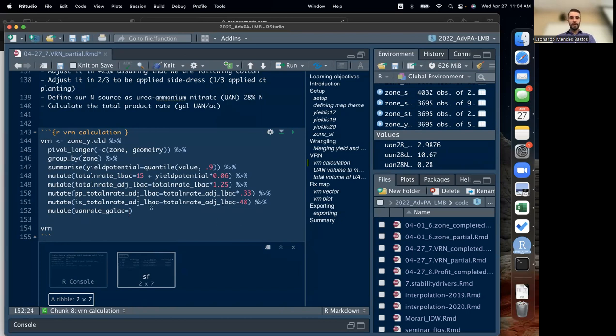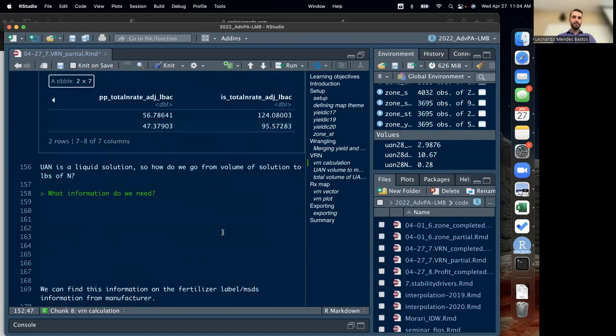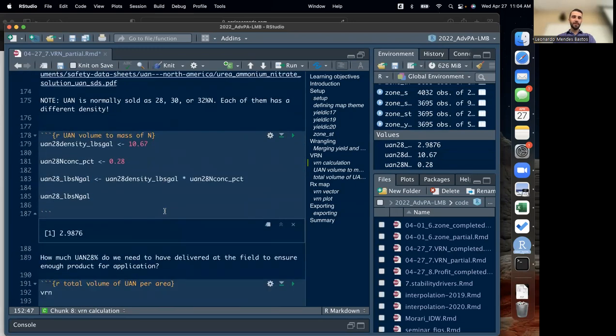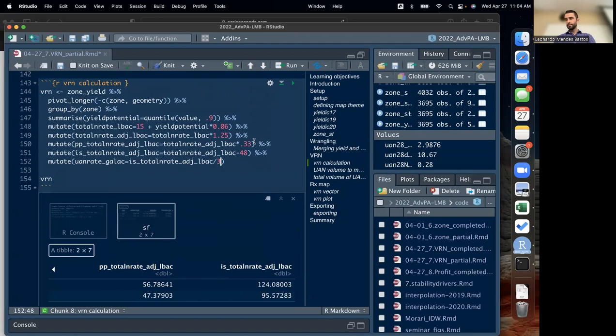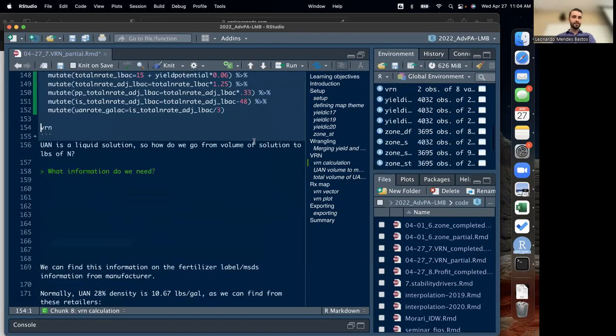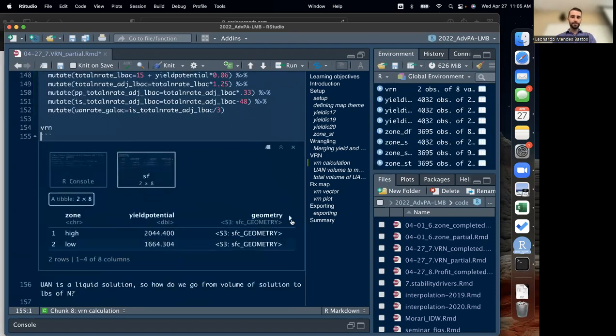This is going to be our in-season total adjusted N rate, which we just calculated above, divided by this number that we just found. So let's just call it 3. Let's just say that was 3. Okay, so if we just run that and print it,